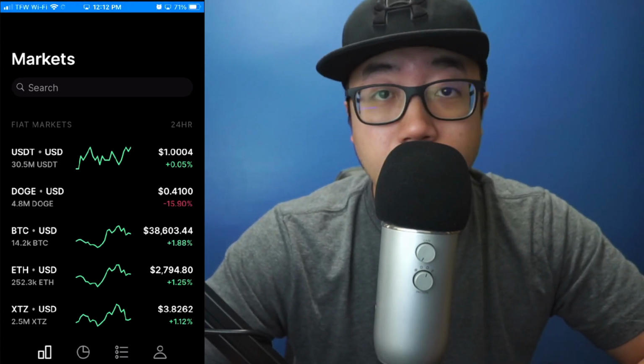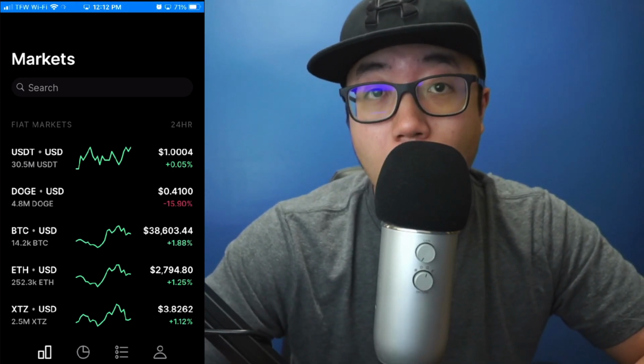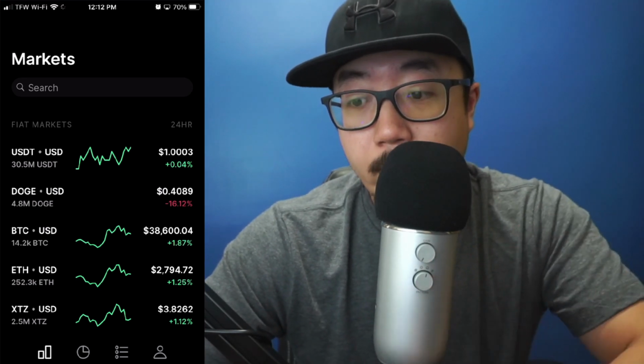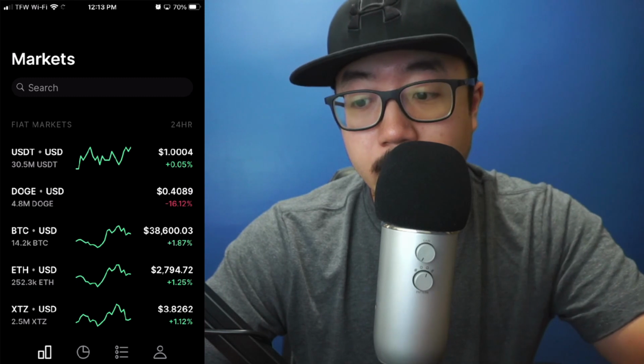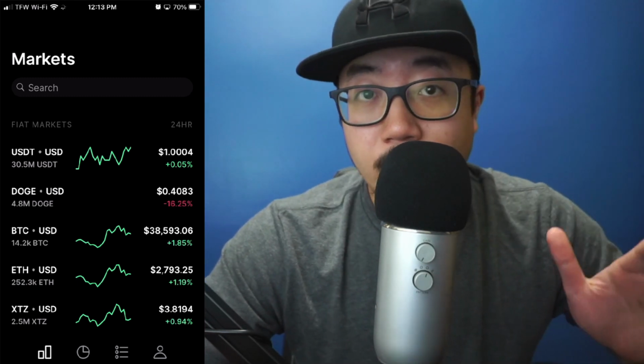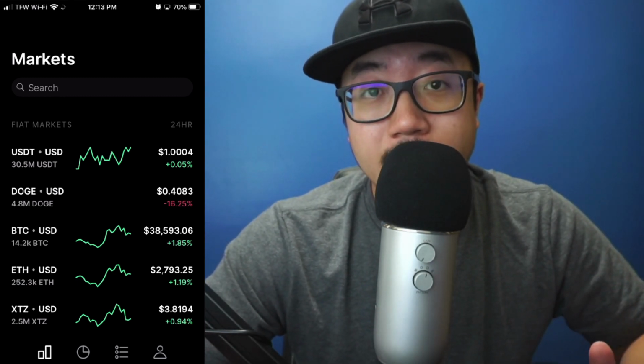Today I'm going to be showing you guys how to buy Dogecoin on Coinbase Pro. Okay, so on the Coinbase Pro app, after you've logged on and everything, you'll see multiple icons on the bottom part of the screen. So the first thing you're going to want to do is actually deposit money into your